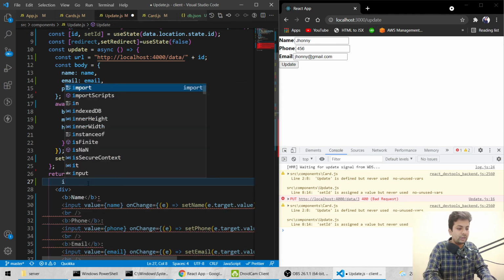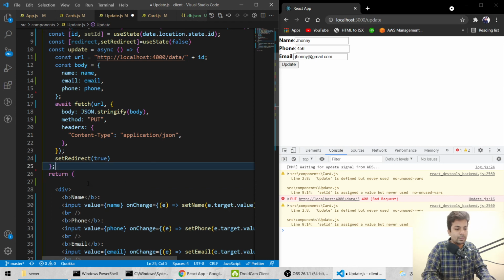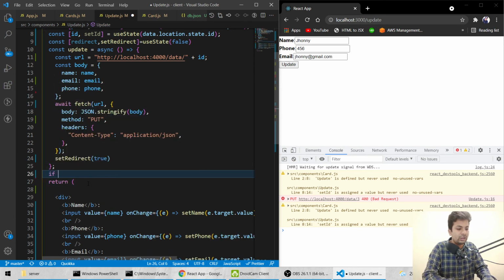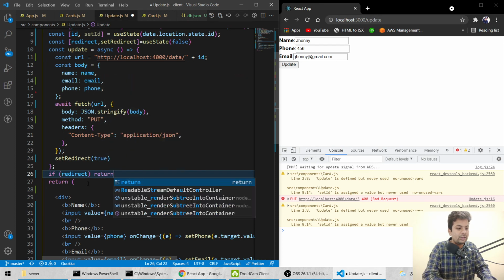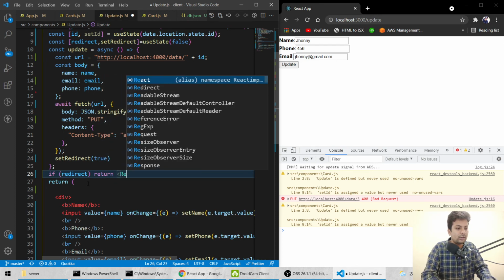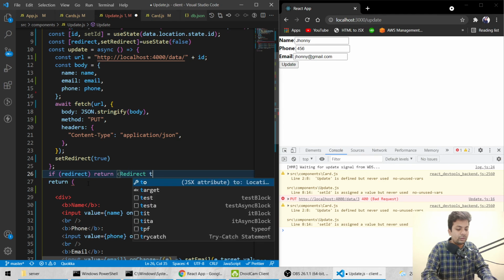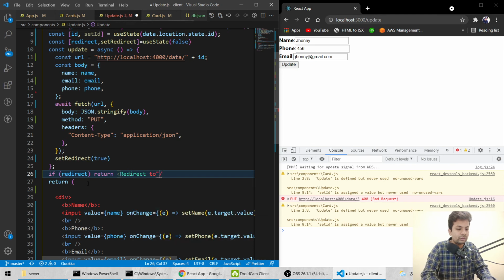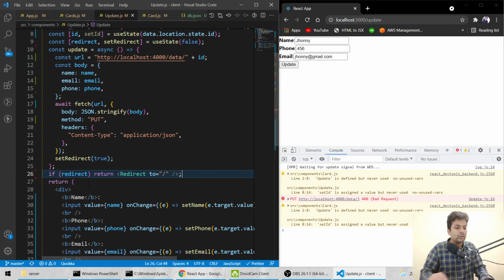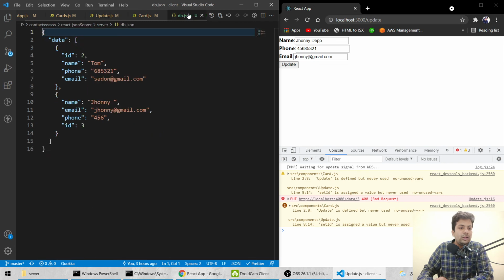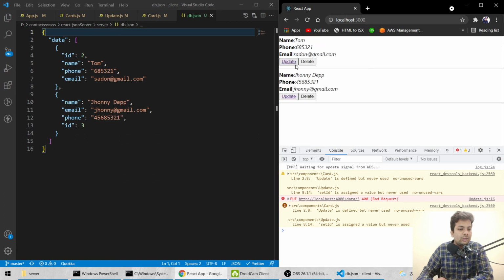We'll say after it, before return we'll say if redirect, then we'll say return redirect to slash. So now if we just update this thing, we got redirect.